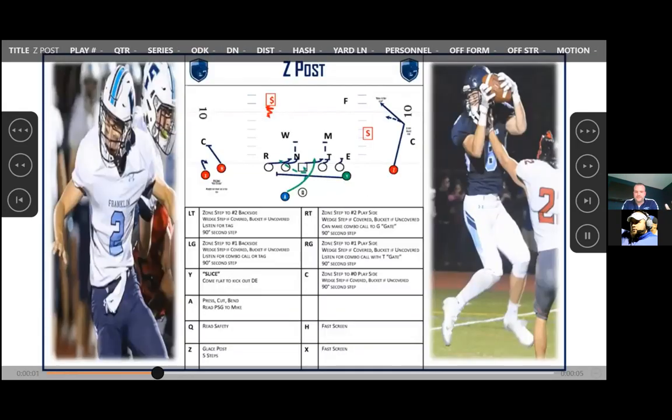So the first one here is Z post, and again, I think where we actually found success was reading the same side as the run. A lot of times we read the backside. We had some success throwing to the front side, reading here. And obviously, if they stay too high, we're going to run the football. But again, if that guy starts creeping down and now it's that 8-man presence, this is where these can work themselves out.